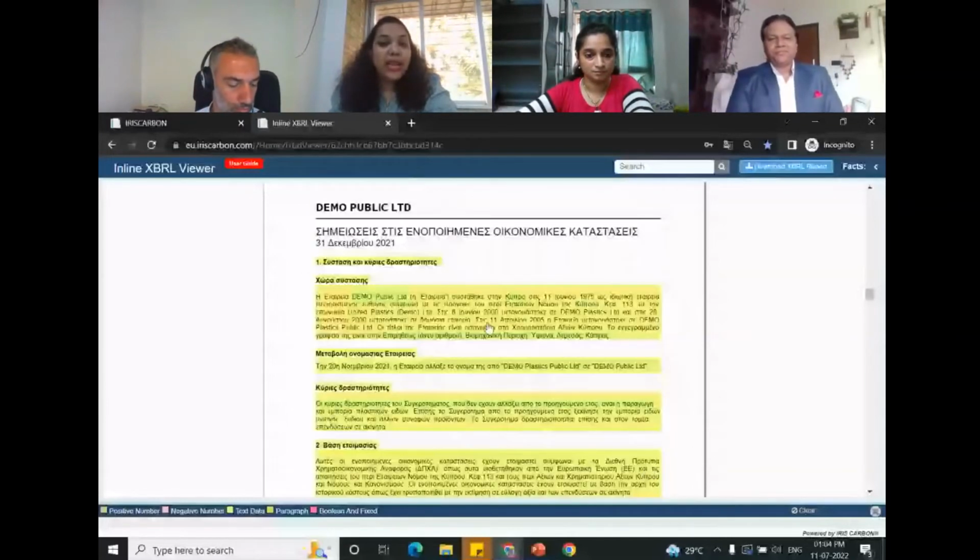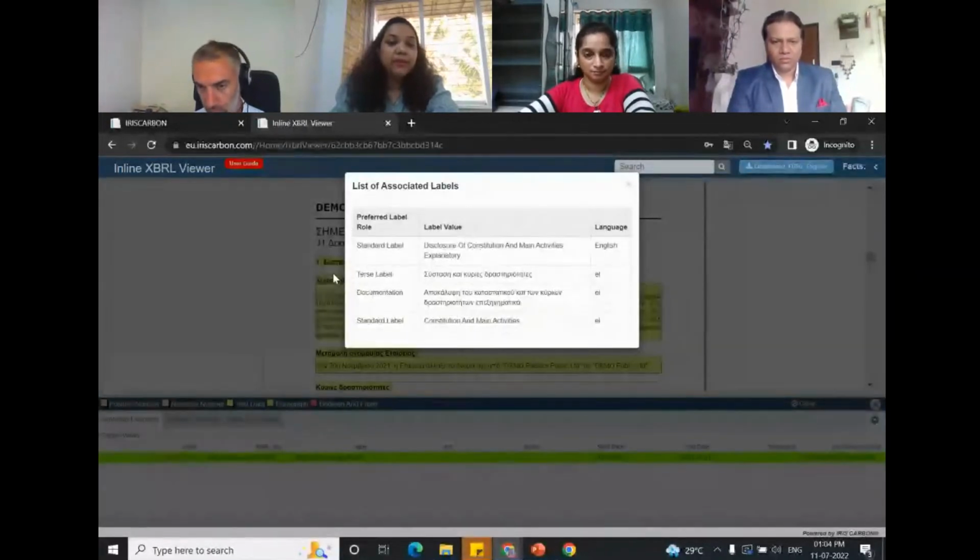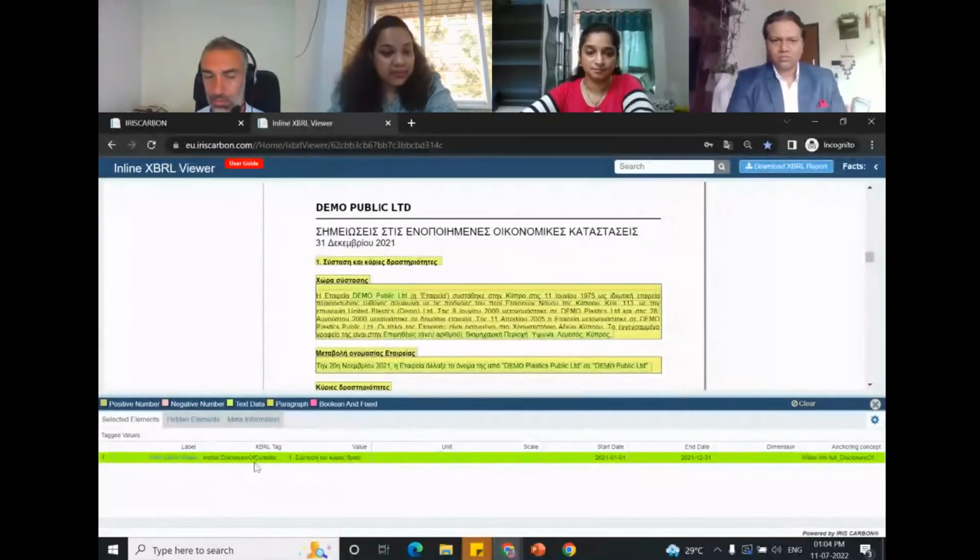And if I click on any of the notes here, in the properties menu, you'll be able to see the labels. If I view the labels here, you can see all the labels which have been assigned, that is standard label in English language, standard label in Greek language, preferred label, and the documentation with the XBRL tag.